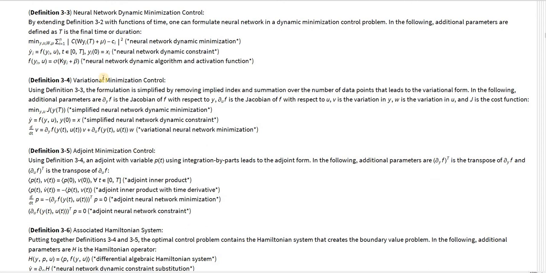So with that, that was all forward propagation. Let's move on to how you do a backward propagation for our ordinary differential equation neural network. One of the first things we need to understand is how we define this variational minimization control. As we've defined the time version of the neural network minimization control, all we have to do is remove the implied index and summation over the number of data points,